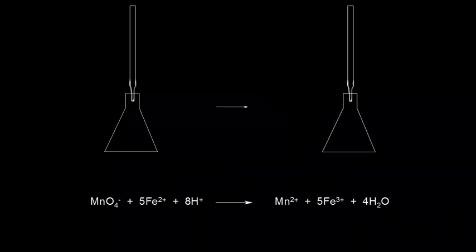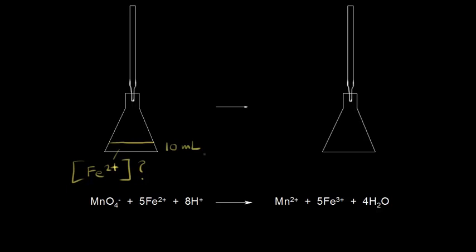We've already seen how to do an acid-base titration. Now let's look at a redox titration. So let's say we have a solution containing iron 2+ cations. We don't know the concentration of the iron 2+ cations, but we can figure out the concentration by doing a redox titration. Let's say we have 10 milliliters of our solution, and let's say it's an acidic solution, so